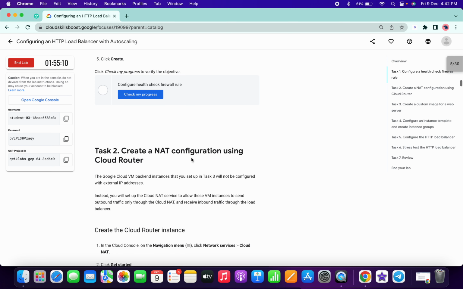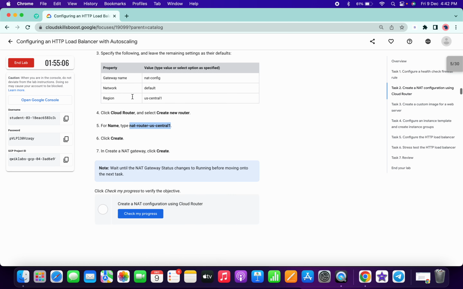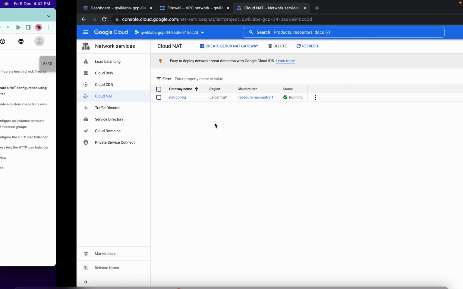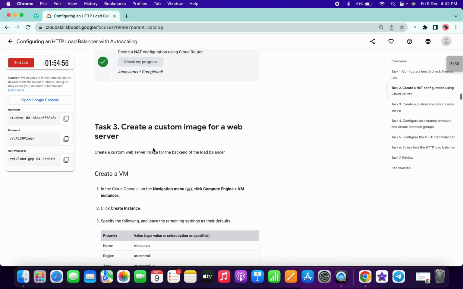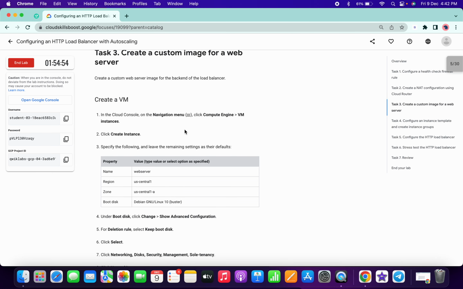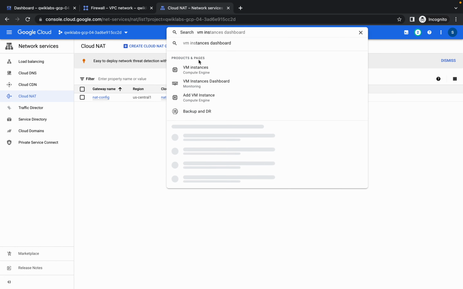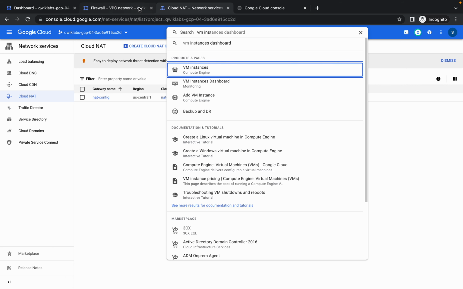So let me check the score for task 1. Got a score, and just wait for a few seconds, and it's done. Now click on check for the score of task 2, done. Now task 3, okay, first of all, copy the name, search for VM instance, and you can close this